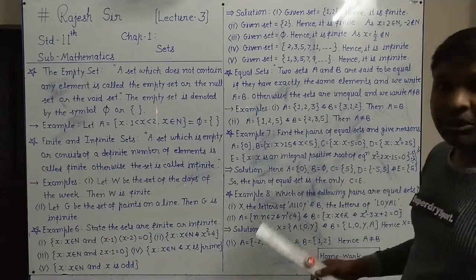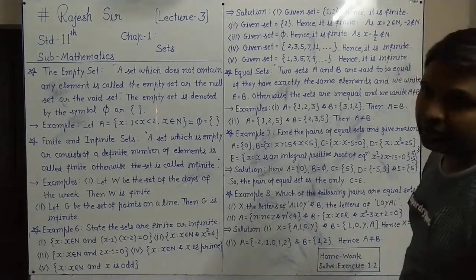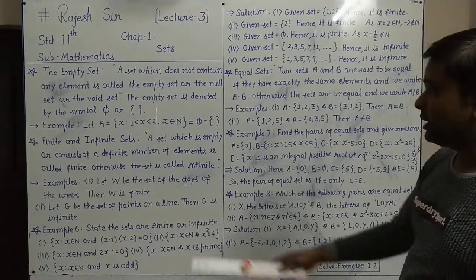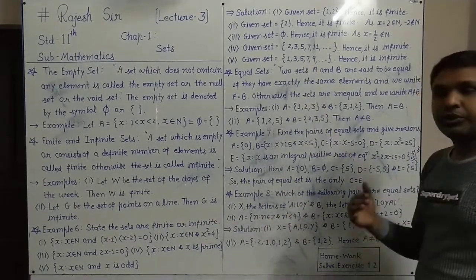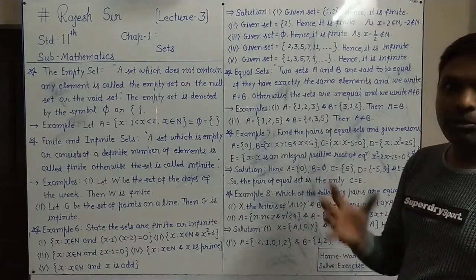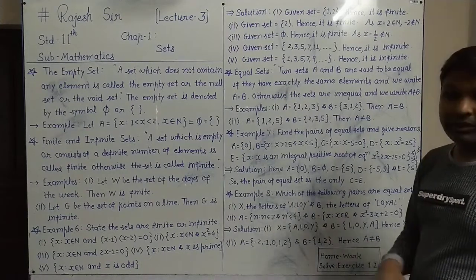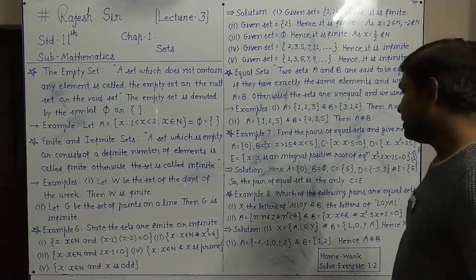So first we have to simplify the given things and then we can see which are equal, and whatever the question is asked, like finite and infinite. So first you solve the given set-builder form and make it in roster form, so it will be easy and visible which type of sets are there.